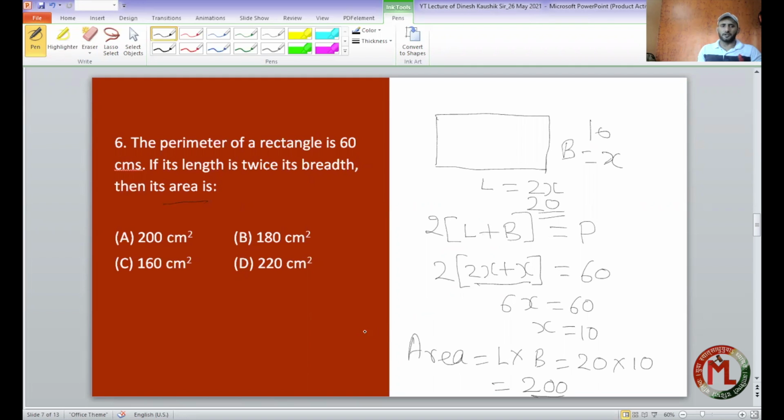So this is the traditional approach. Even if you don't solve this question like this, then what will you do? Now I can say that, just erase it for the moment.